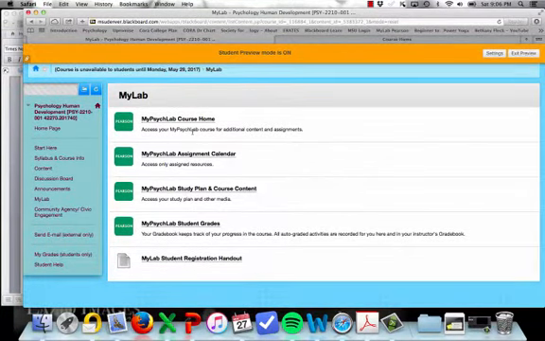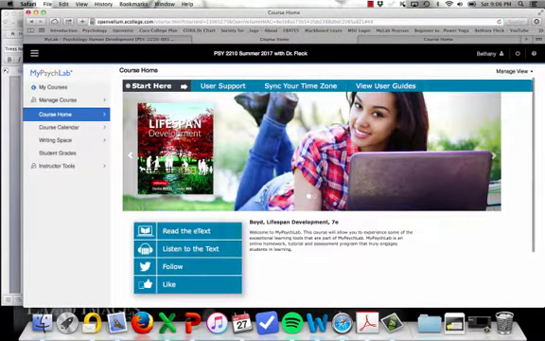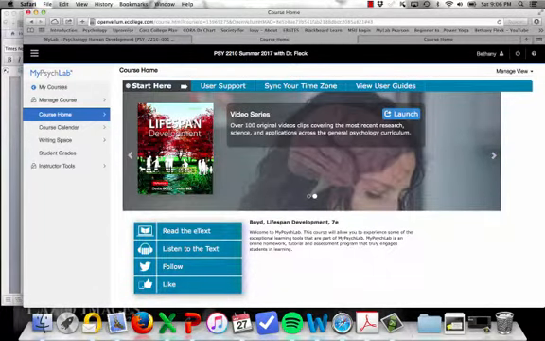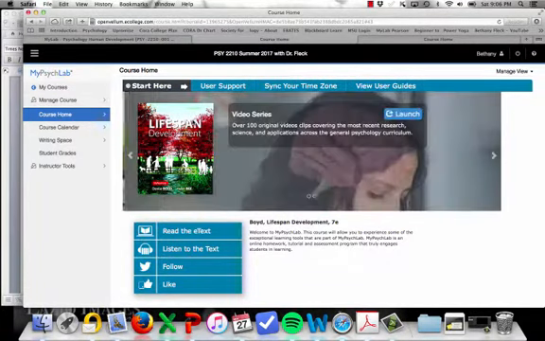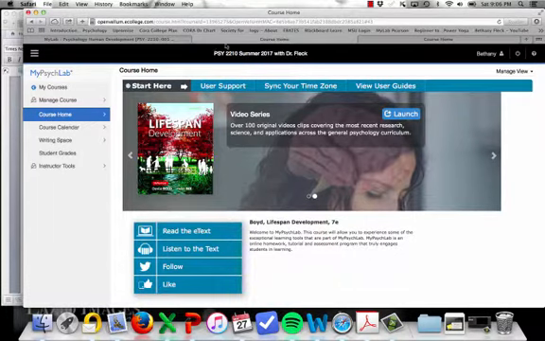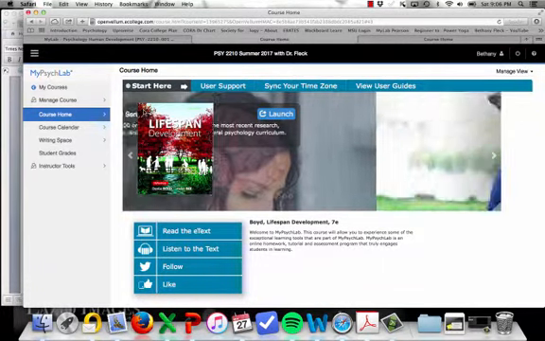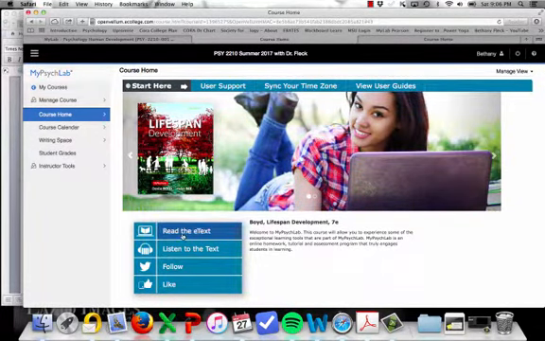Okay, we'll click on the MyLab course home. And when I hit this, what it does is it's going to bring me to the course itself. The first time you open it, it's going to bring you to a place where you can register and you can purchase your access to the ebook and to the MyPsychLab portal. Okay, you'll know it's the right course. You have Psych 2210 up here with Dr. Fleck. Here's our text.